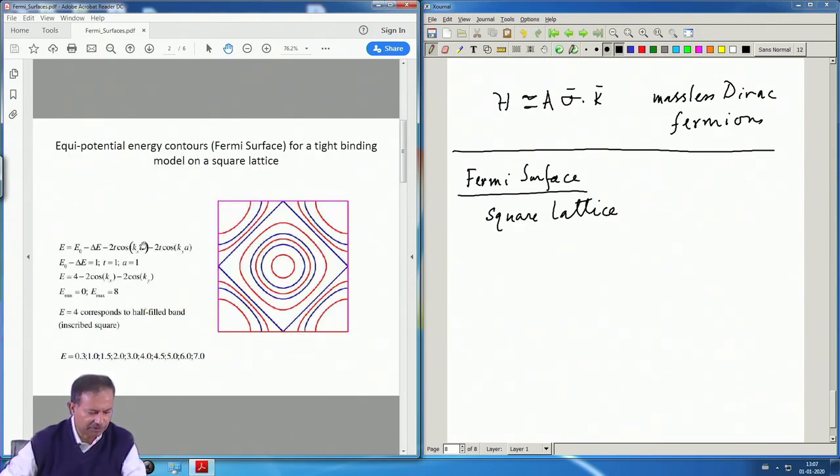Let us start with this equation, for example. This epsilon naught, which is written as E naught here, is taken to be 4, for example. Delta E, let us not bother about delta E. So, E naught minus delta E is our epsilon naught. That epsilon naught is taken to be 4 in this expression. Okay. So, epsilon naught is not set to 0, but it really does not matter at all. So, our energy starts from 4.